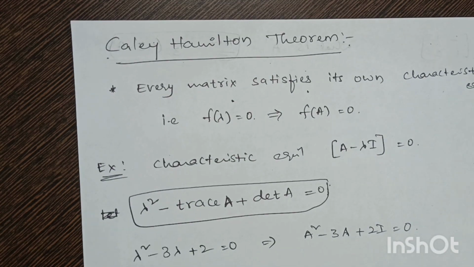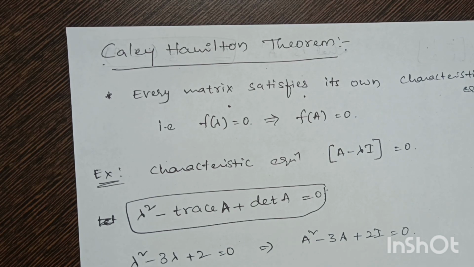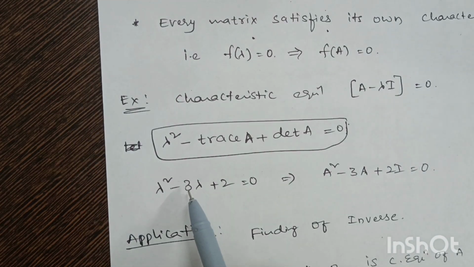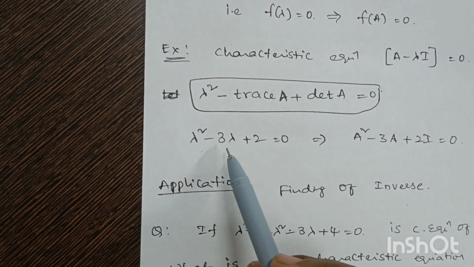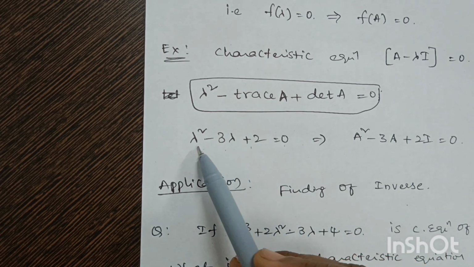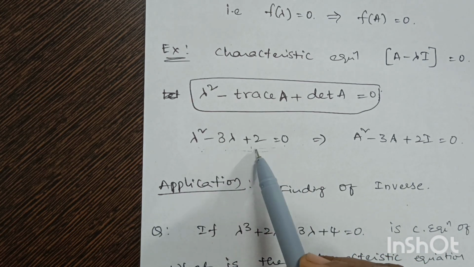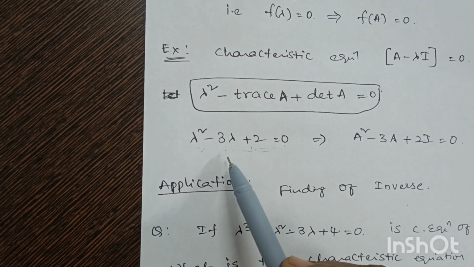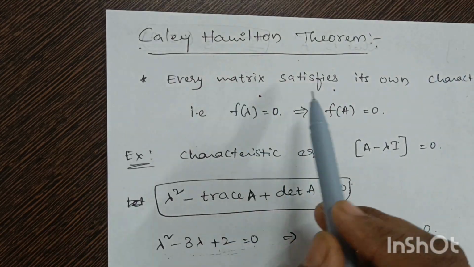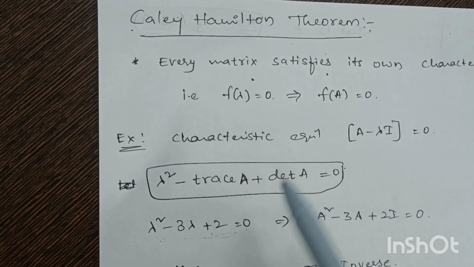Every matrix satisfies its own characteristic equation. What is a characteristic equation? Let the characteristic equation be lambda square minus 3 lambda plus 2. While finding lambda values, we got one equation, that is the characteristic equation. Now, according to the Cayley-Hamilton theorem, every matrix satisfies its own characteristic equation, which means in place of lambda we need